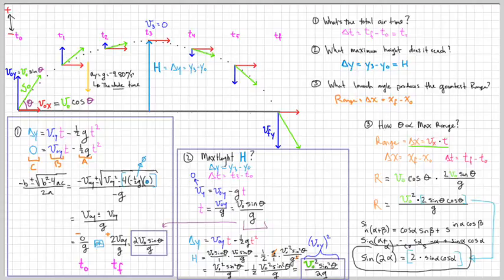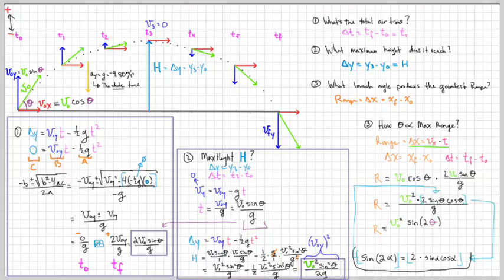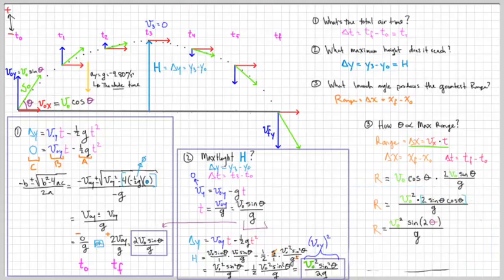The sine of twice the angle is equal to 2 times sine of that angle times the cosine of that angle. So that's what we have in our numerator right now, 2 times the sine of the angle times the cosine of that very same angle theta. That's the same as the sine of 2 times that angle theta. So we're going to substitute that back into the very top up there, and we're going to get the range equal to v naught squared times the sine of twice theta over g,